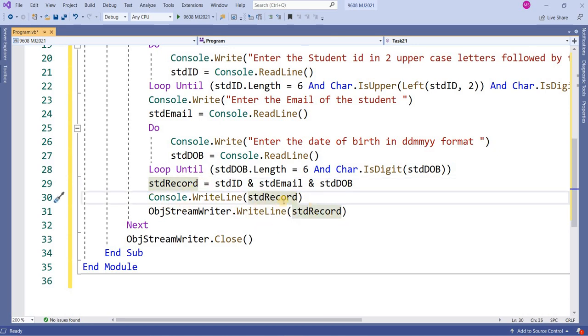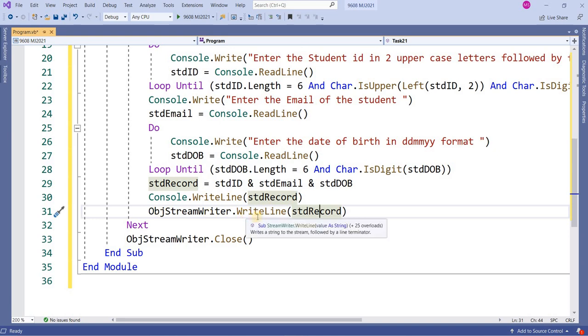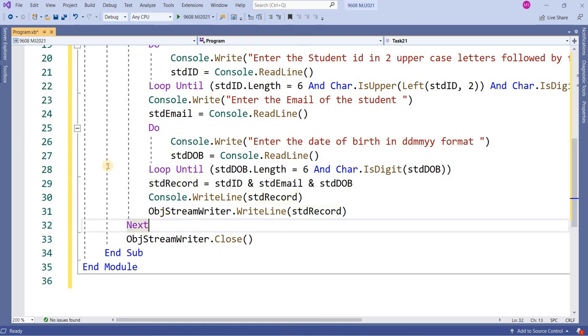Here I am displaying it on the output screen, but it will be stored by using objectStreamWriter.WriteLine. The object StreamWriter is the object of this class, and it will write the record, these three fields combined into one string std_record. Once this loop finishes, it will close that file.